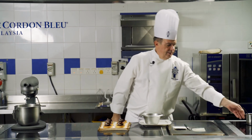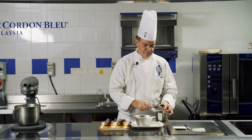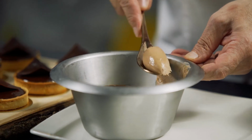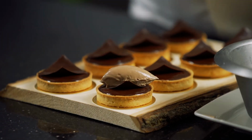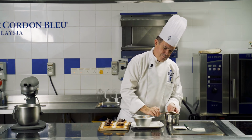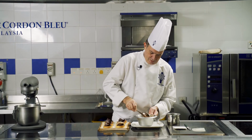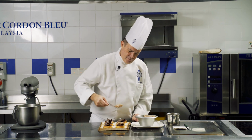All right. I'm using warm water. And then I'm going to scrape. I like making ice cream quenelles. Right, and then you put it on the top. All right, so clean it again. You take the quenelle and then you squeeze. Okay, after that,